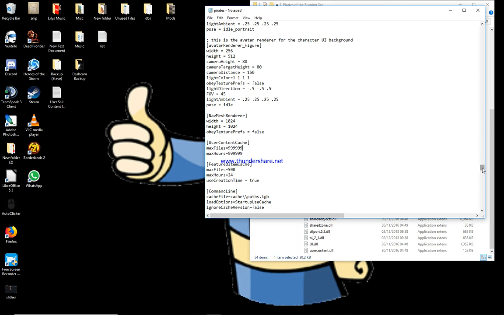If you have not used the automated system to do that, you will need to go into this file and change these two figures from 500 to 999,999 and the maximum hours to 999,999 instead of 48. Otherwise, within 48 hours, it's going to erase all of your user content, and you have to do this whole